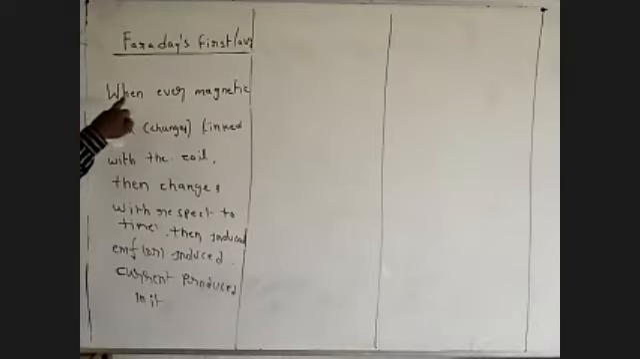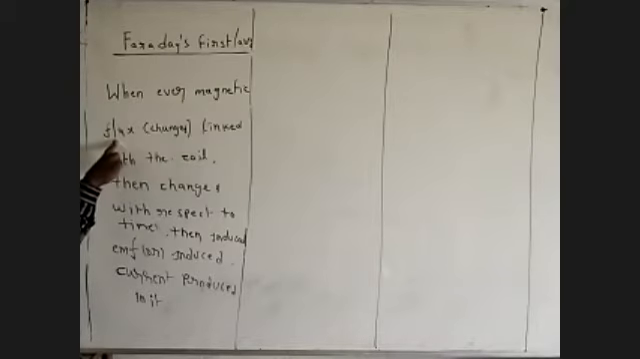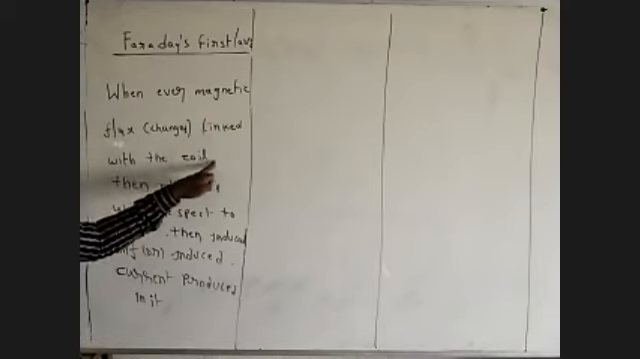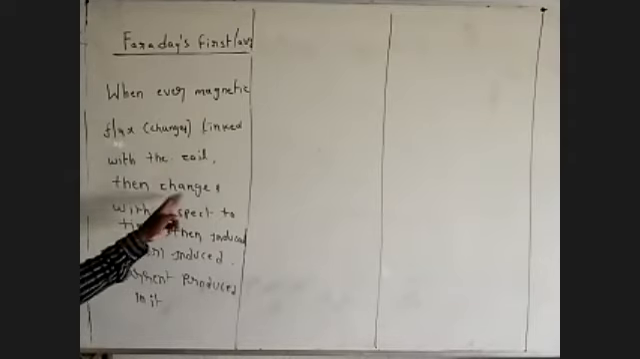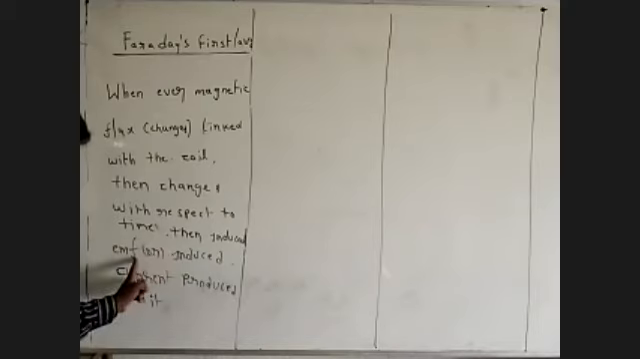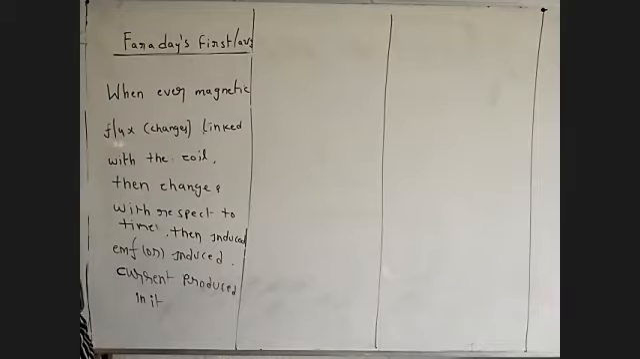Whenever magnetic flux linked with the coil changes with respect to time, then induced EMF or induced current is produced in it. This is Faraday's first law. Okay, now